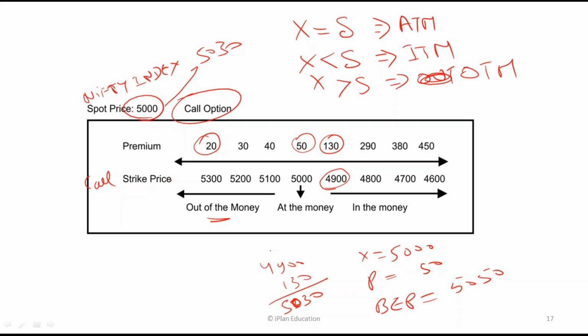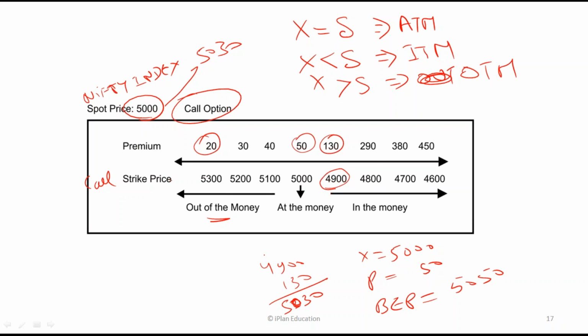So remember, we took an example of Infosys where the share price was 1173 and the future price was 1175. If the share price goes to 1180, the future price will also increase because that share is the underlying asset. Similarly, Nifty is the underlying asset. So if Nifty is going up, the option price,